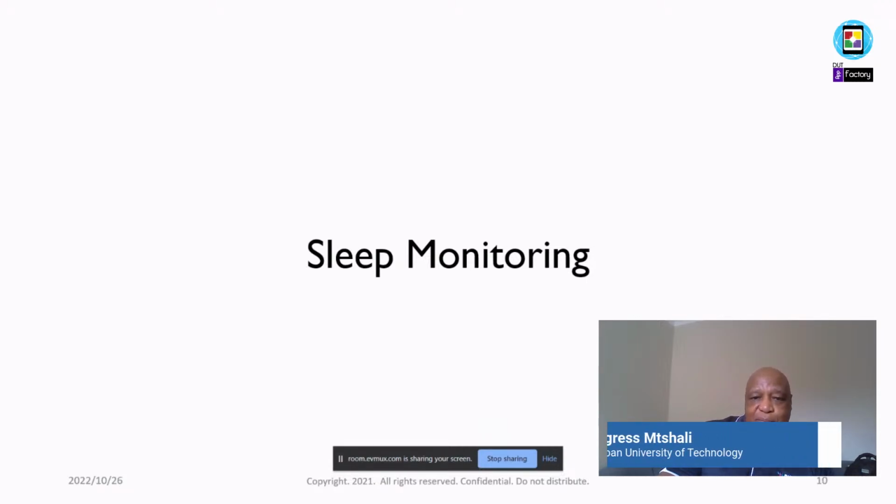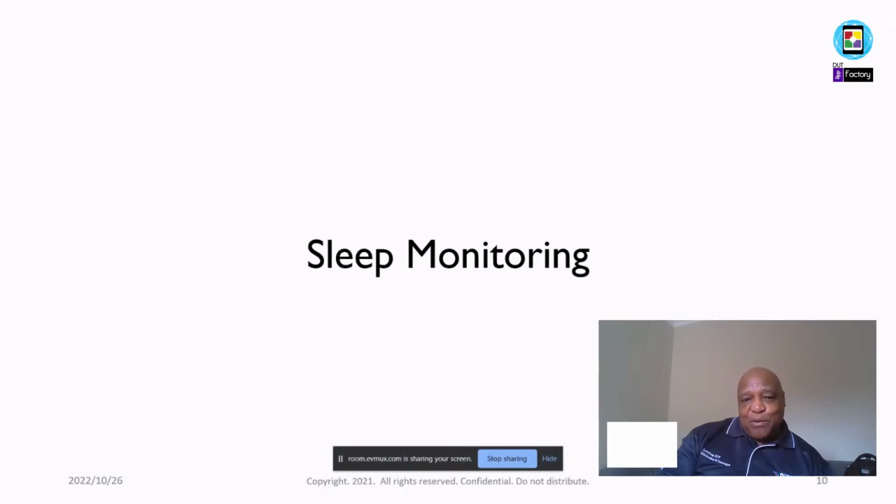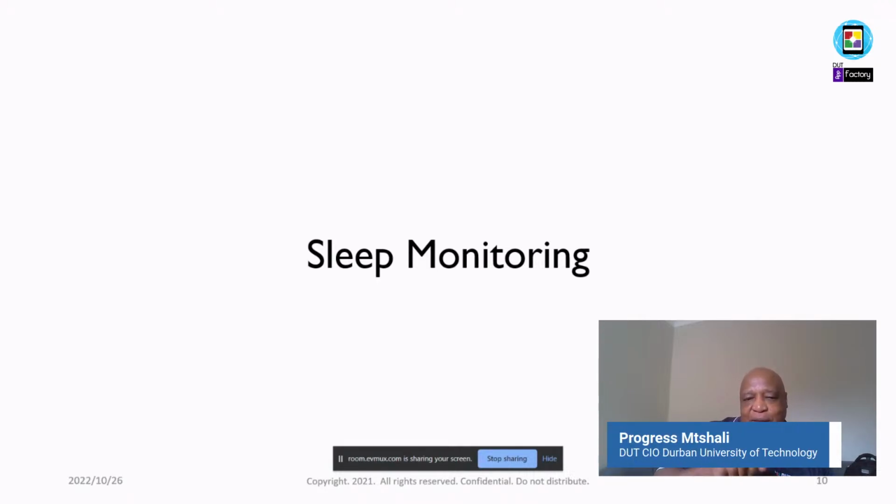So the other one is a sleep monitor. I remember many years ago, I was using the Fitbit when it came out, where it could use that sensor to track your sleep. And then in the morning, you could look at your phone for a report on your sleeping patterns. What was interesting was that I would go to sleep, wake up in the morning, and feel like I slept throughout the night. But if you look at the report, there were cases where I was actually awake, but I couldn't remember when I was